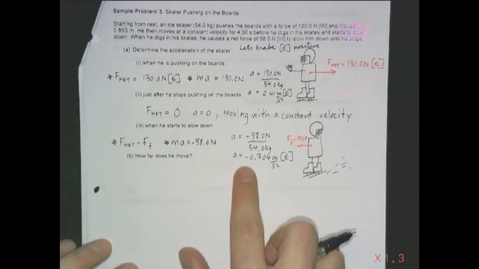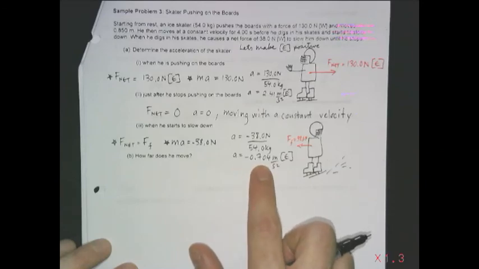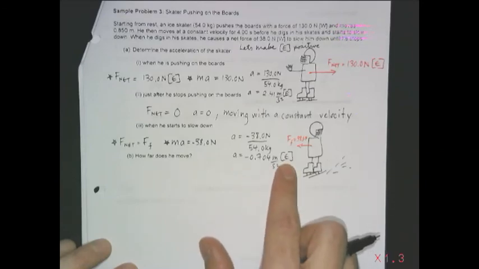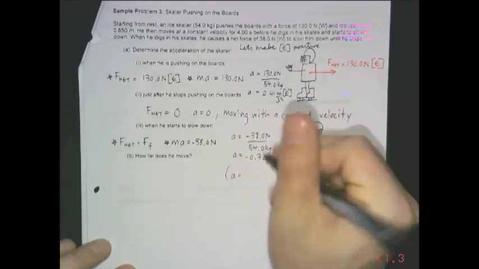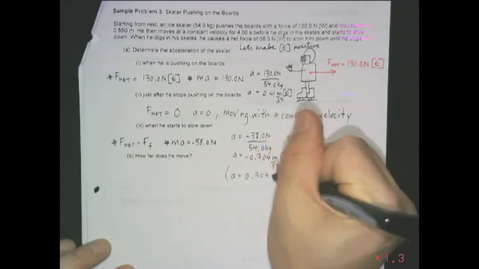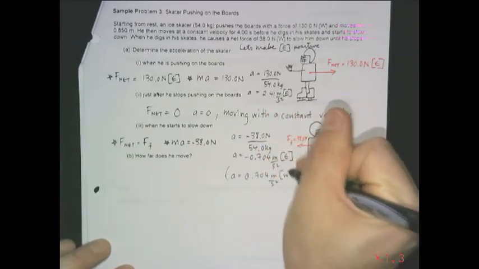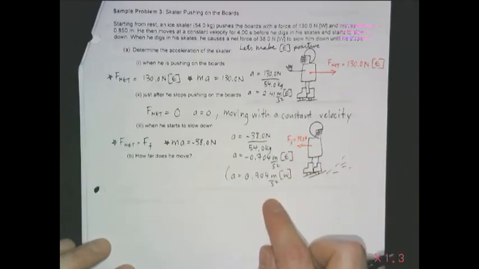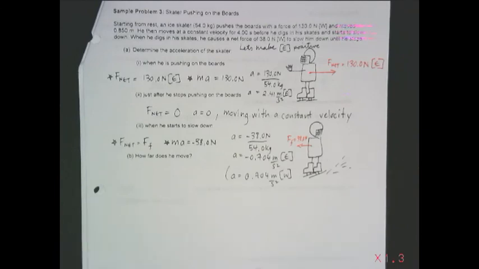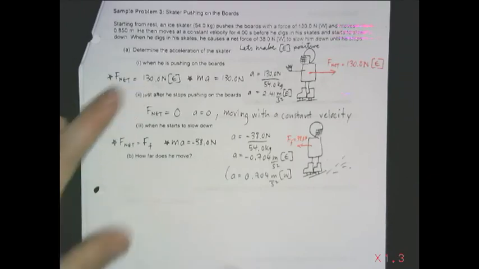I wrote down that the acceleration is negative 0.704 meters per second squared east. Okay, the negative east can also be written as 0.704 meters per second squared west, in the direction of the net force. The object always accelerates in the direction of the net force. Tomorrow, we're going to be taking a look at how far this individual traveled. Well, while pushing